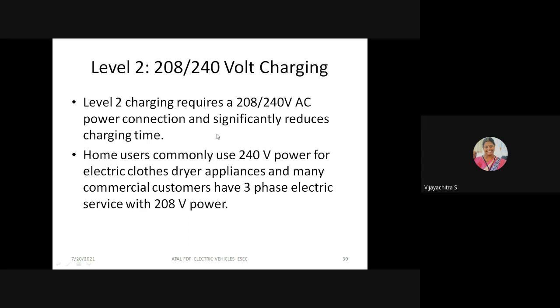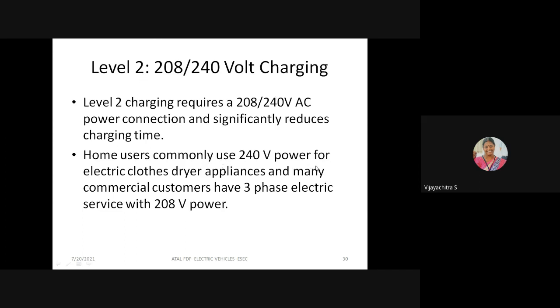Users commonly use 240 volt power for some electric clothes dryer appliances, and many commercial customers have three-phase electric service with 208 volt power. This requires three-phase electric service, and it is better to use 240 volt power than 208 volt power. In India, we can have 230 volt power. Then we are able to do recharging with the supply of 230 volts power,